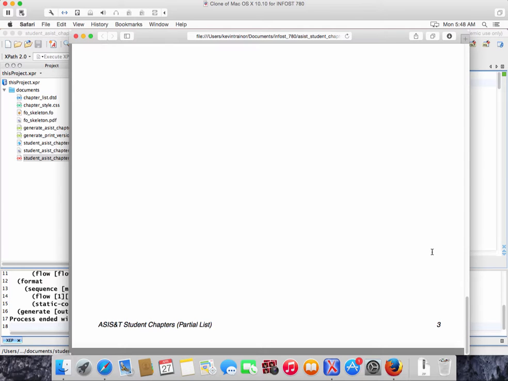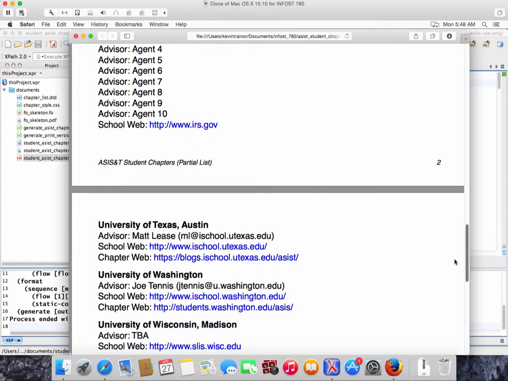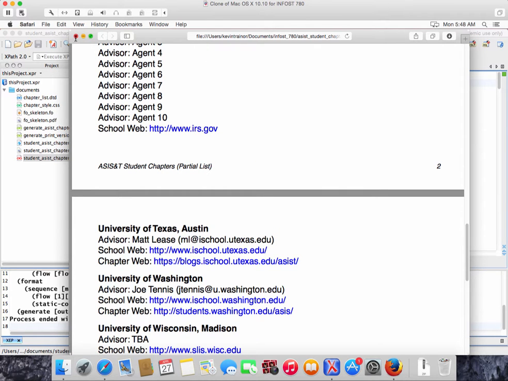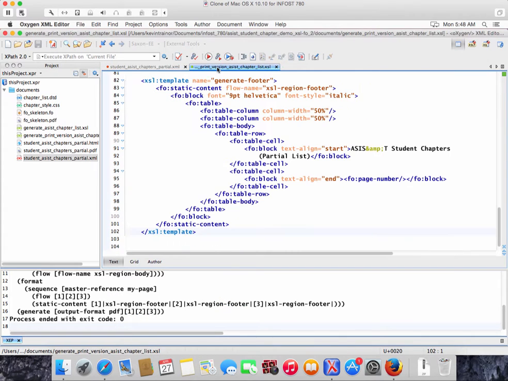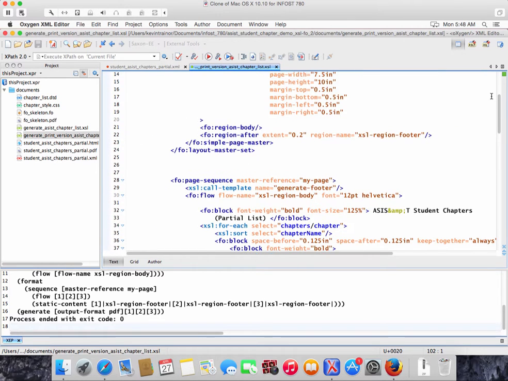Now, what would be my next thing that I would do? Well, probably the next thing that I would do, if I was going to print this double-sided, would be to come up with 2 pages, one which had the page number on the right, and one had the page number on the left. And just to give you some hints about where to look for that, you would look back here,